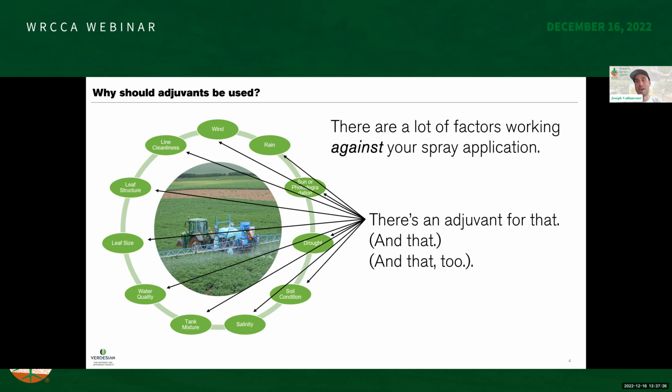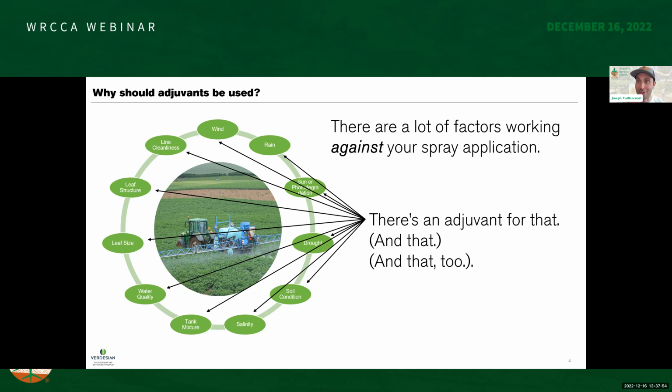So if it's a windy day, maybe you want a polyacrylamide thickener that's been closely associated with dicamba applications out in the Midwest. Really get those heavy droplets, so the wind won't have quite an effect. Maybe we're applying a systemic chemistry like glyphosate, put an oil system in there to really drive that chemistry into the plant. Different adjuvants do different things, and different